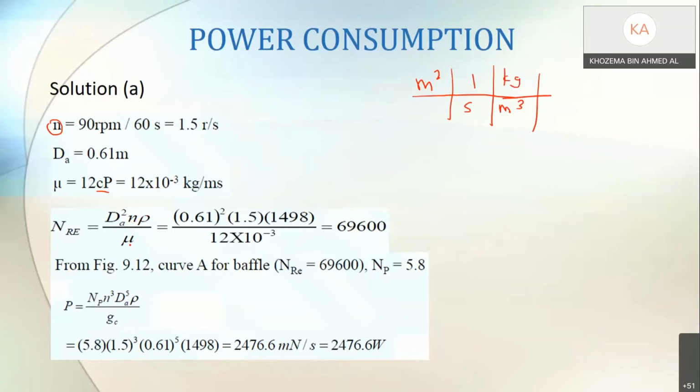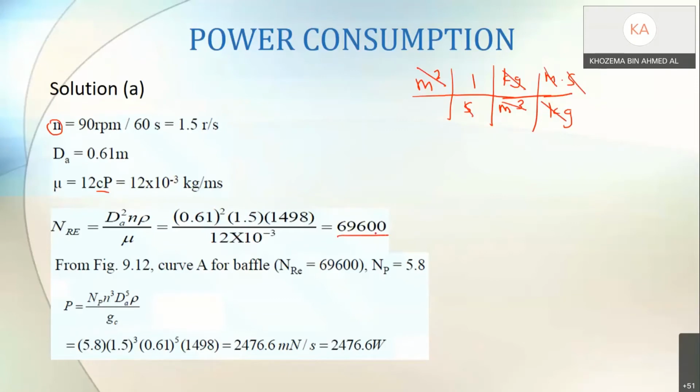And then the unit for viscosity is kg per meter per second, right? So meter squared times meter is meter cube, so I can cancel out my meter cube. Kg can cancel out with kg. Second will cancel out with second. So I will get a dimensionless number, and if I put all the values in the calculator, I'll get a value around